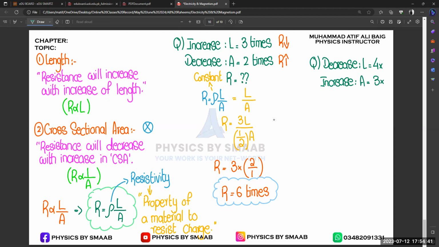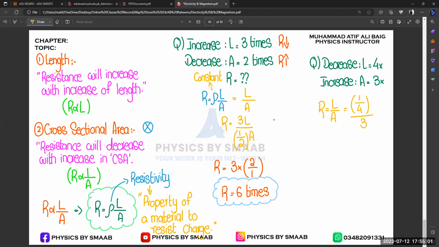So again we are going to use the same concept. R is equal to, for that rho symbol, because it will remain constant. So now the length is going to be decreased, so now we are going to use 1 over 4 in meter and 3 in,